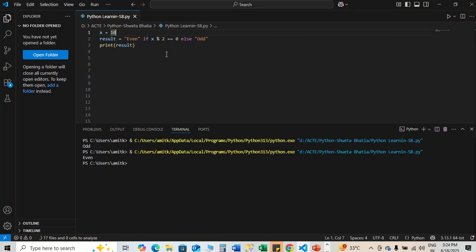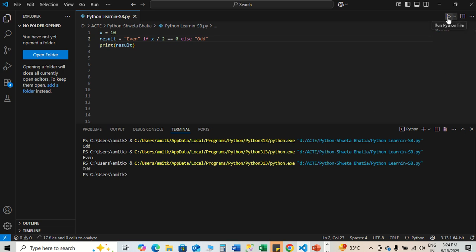But the logic is actually this one, divide. So automatically odd. When I put percent again,